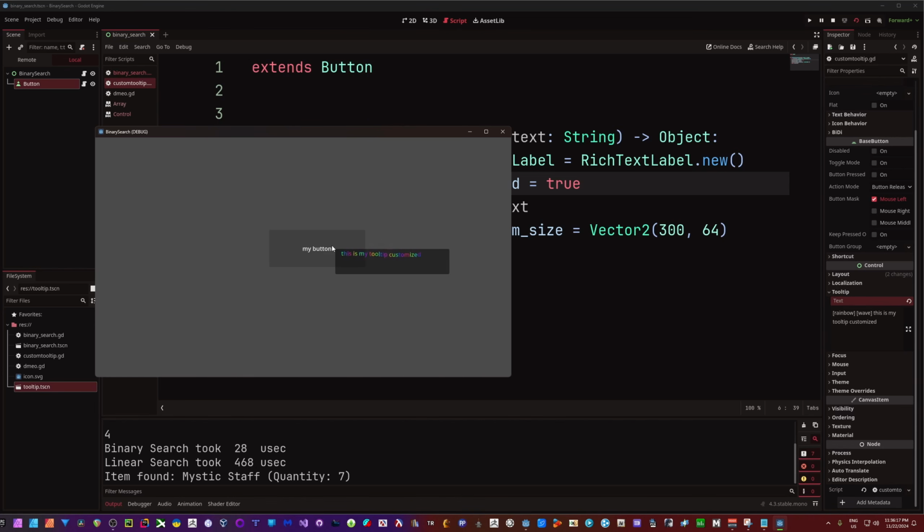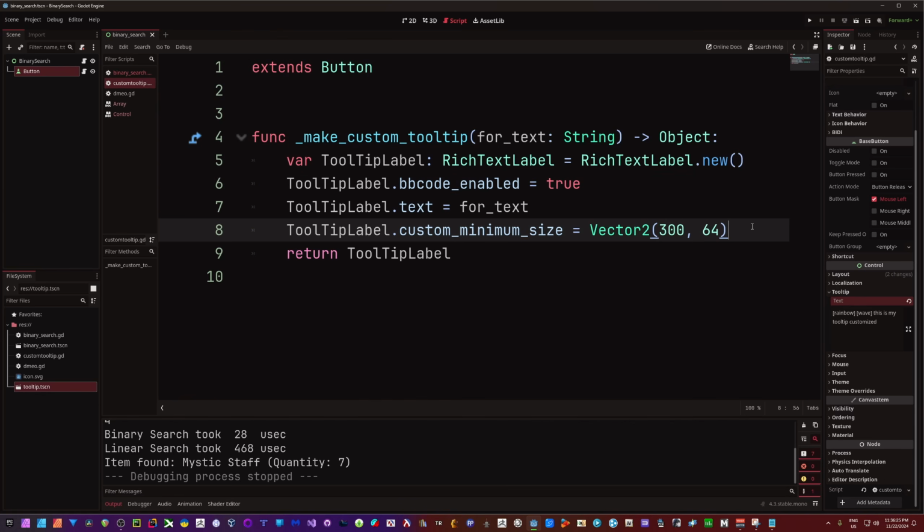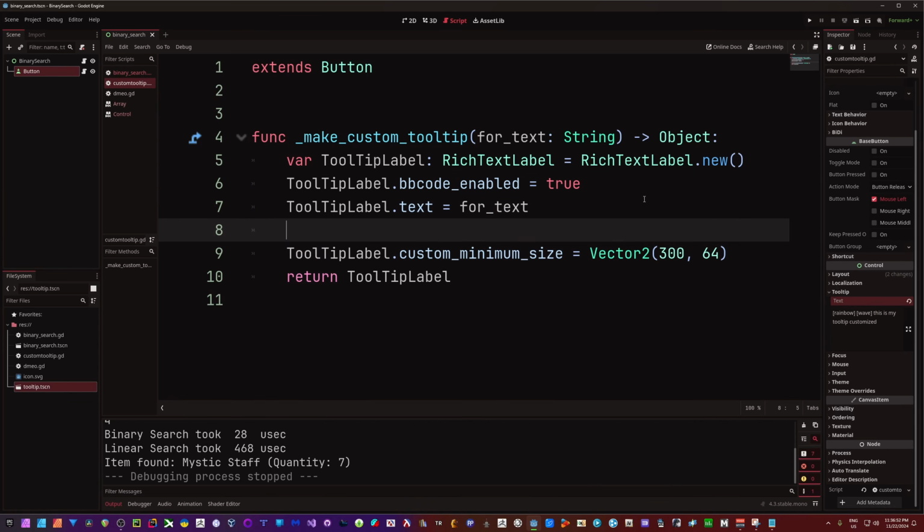Now you will have to keep an eye on that custom minimum size because it's obviously going to change based on the amount of text that you're going to be displaying. So one way that I would go about doing that is estimating the size of our font, not the font size, but the amount of space that it's taking up. And we can do that. So before I set the minimum size, first of all, I'm going to get